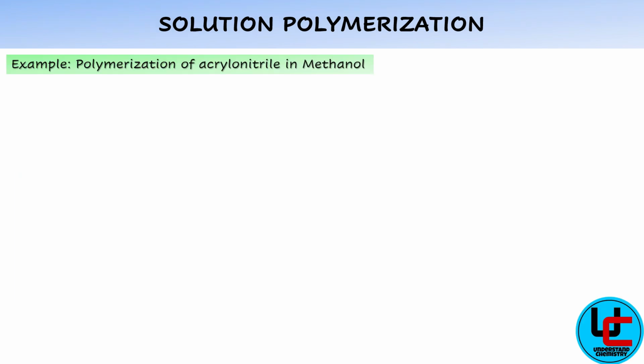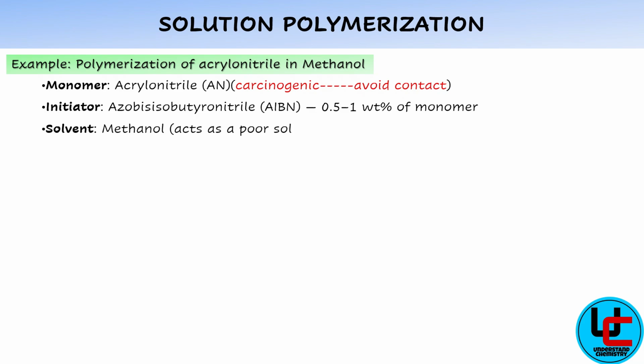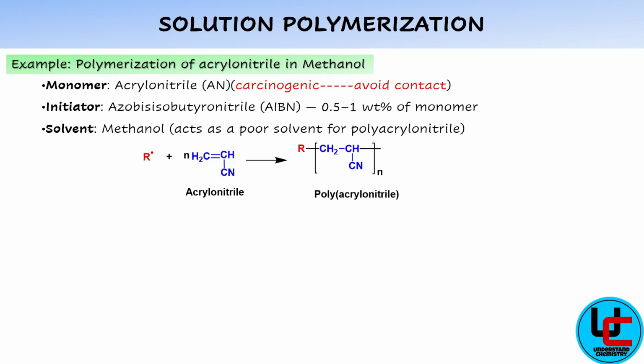Let us look at the polymerization of acrylonitrile in methanol, which is a classical example of precipitation polymerization. Acrylonitrile is carcinogenic, so it must be handled with extreme care. The initiator used here is AIBN, typically at 0.5 to 1% by weight of the monomer. Methanol acts as poor solvent for the resulting polymer, causing polyacrylonitrile to precipitate out as the reaction proceeds. This polymer is widely used in textile under the name acrylon, but